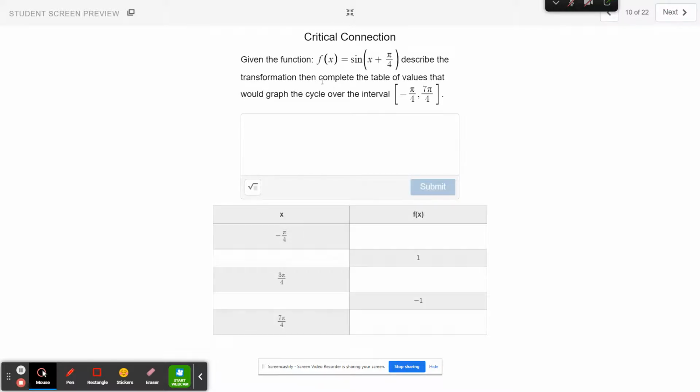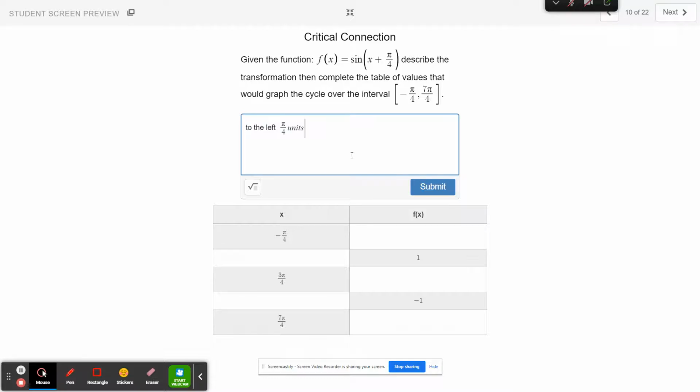All right, so given the function sine of x plus pi fourths, describe the transformation and then complete the table of values that would graph the cycle over the interval negative pi fourths to 7 pi fourths. So the transformation here is to the left pi fourths units. Okay, that's what's going on here. There's an h, and it's to the left. Again, it's the opposite of what you see there. So